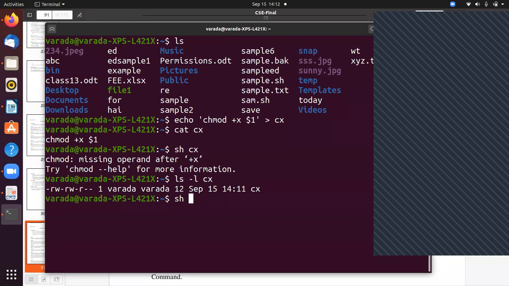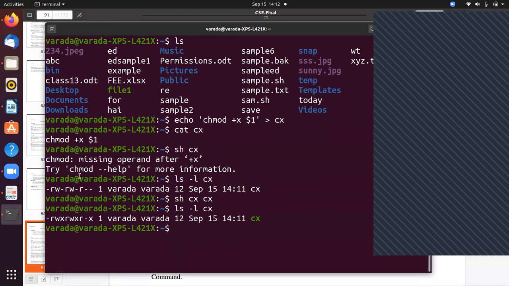How? sh cx cx. That's it. Now you can see that in the previous command there is no execution permission, but after executing this sh cx cx, it becomes an executable file.